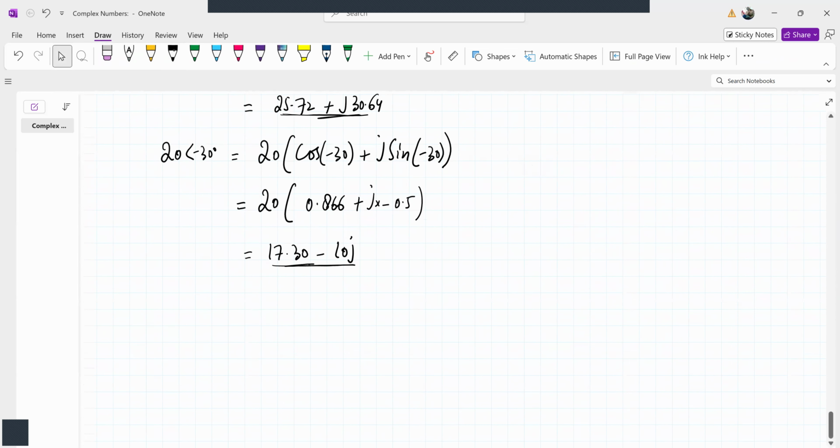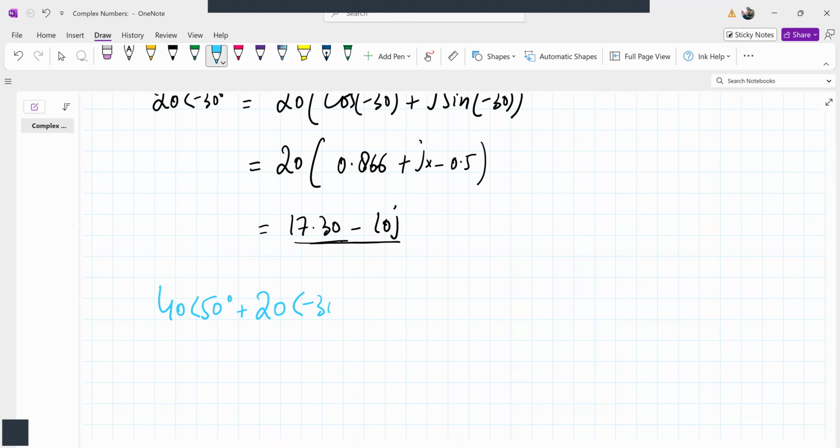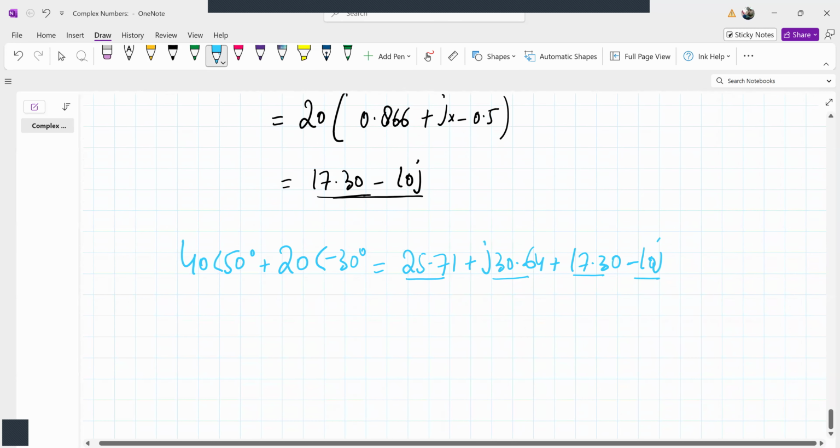Let's add these two complex numbers first. We'll do the addition in rectangle form. So 40 at an angle of 50 degrees plus 20 at an angle of minus 30 degrees. Now 40 at an angle of 50 degrees is equal to 25.71 plus j30.64, plus 20 at an angle of minus 30, which is 17.30 minus 10j. Now if we add the real part with the real part and the imaginary part with the imaginary part, we'll get